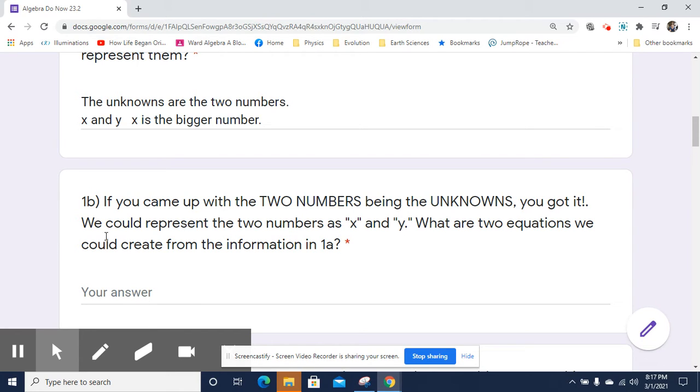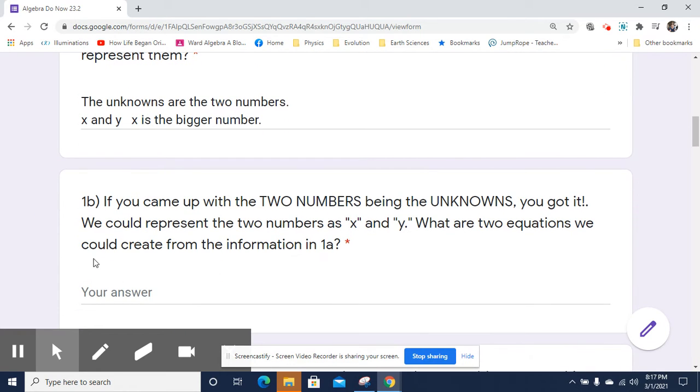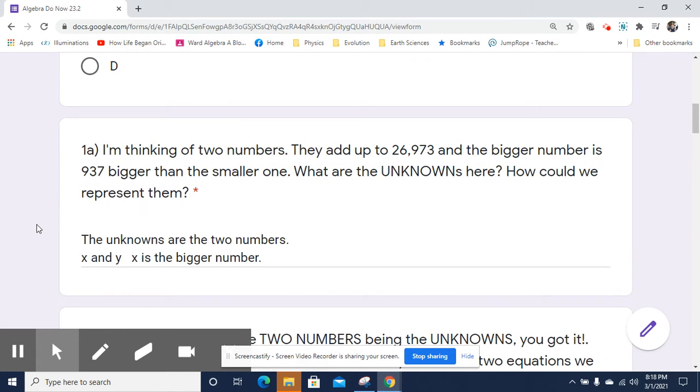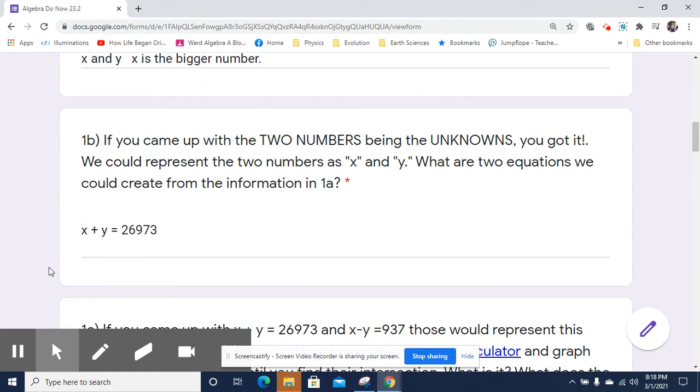So let's see if we can come up with a couple of equations that we could create for this. If these two unknowns add up to 26,973, we could say x plus y equals 26,973. And if we say that one of the numbers is 937 bigger than the smaller one, well, that's a difference. So we could say x minus y equals